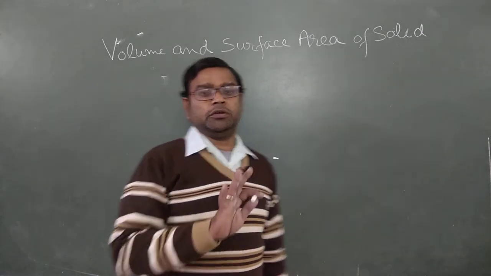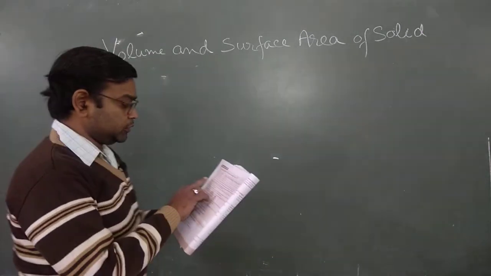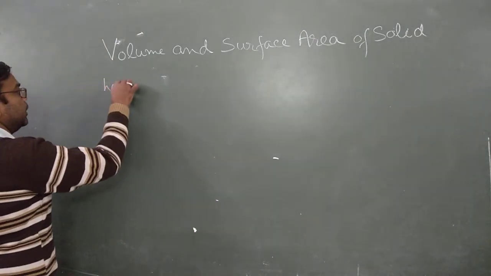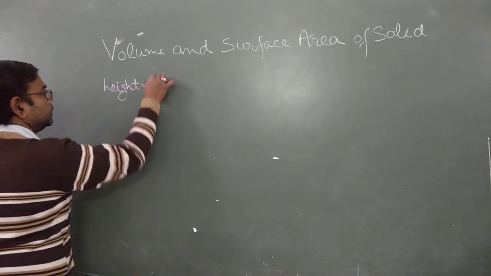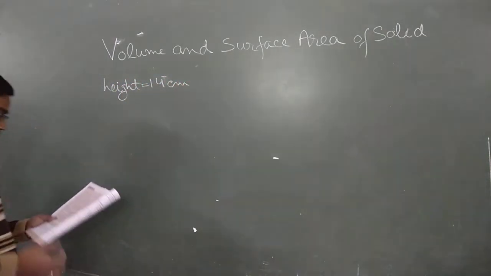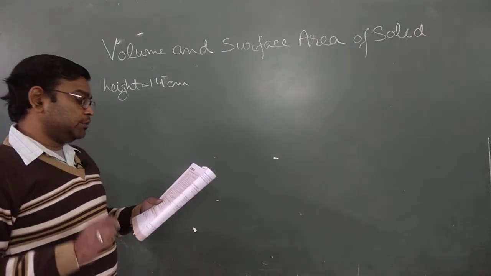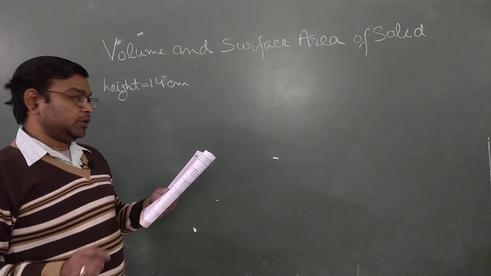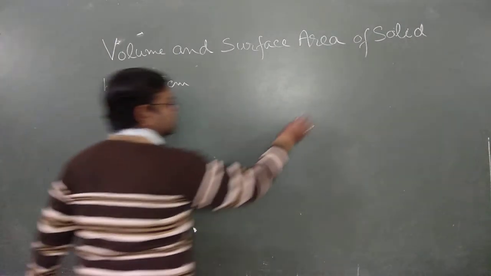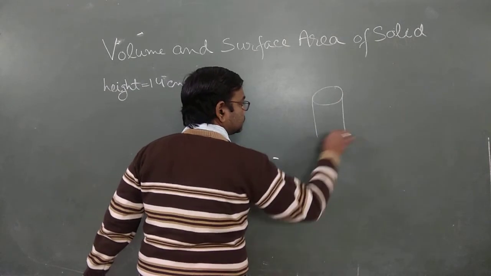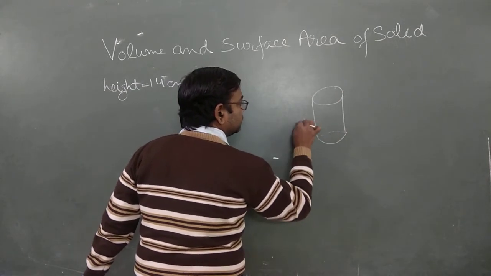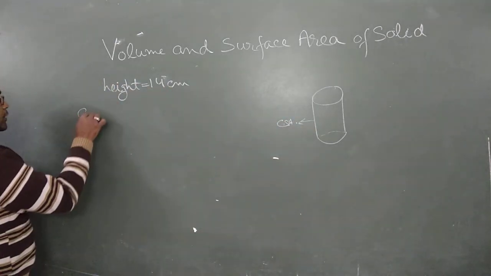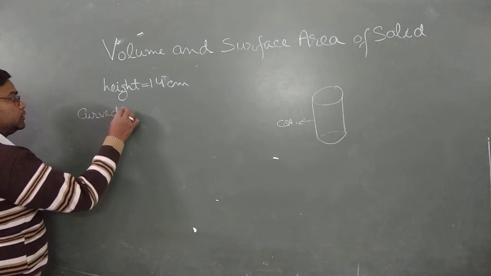First note down what is given to you. While reading the question, we know that height is 14 centimeter. First thing is clearly written, height is 14 centimeter. Then come to the conditional part. 4 times the area of the curved surface of a cylinder. Curved surface means the lateral part, this one. This is your curved surface here, no?